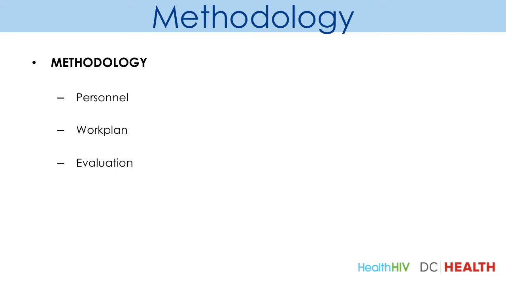Additionally, you can utilize this section to reveal those resources that you already have access to, resources that may be able to help you accomplish the established objectives. For instance, you can talk about the personnel who will be a part of the project. It could be, for example, a statistician who you have on staff who will be able to help with analyses, or maybe you have access to a healthcare professional who will be able to help you collect biospecimen samples. You can also use the methodology section to discuss any financial resources that you may have access to.